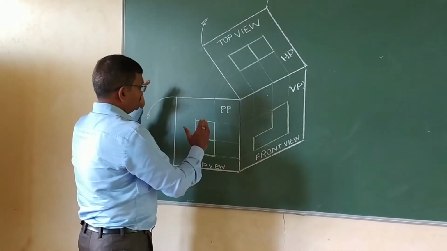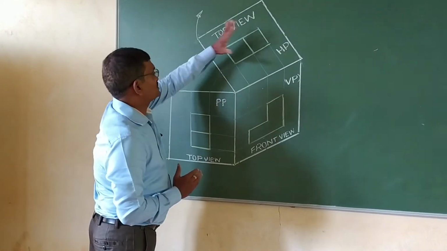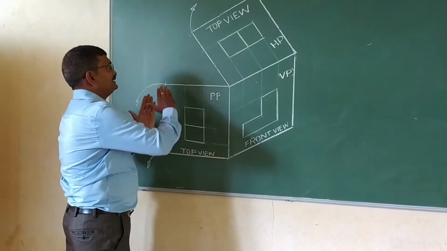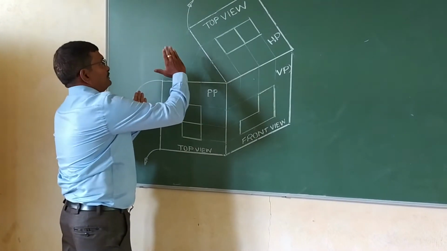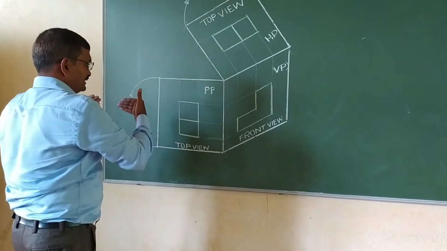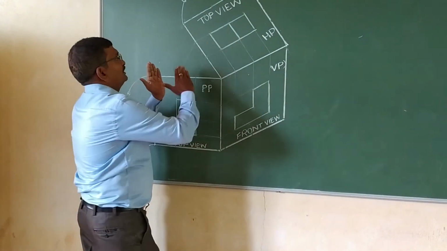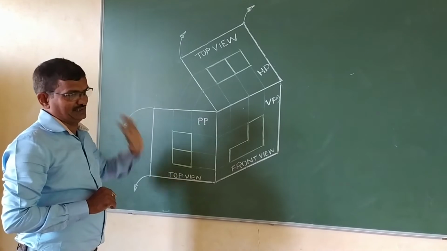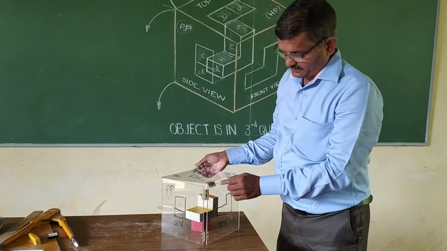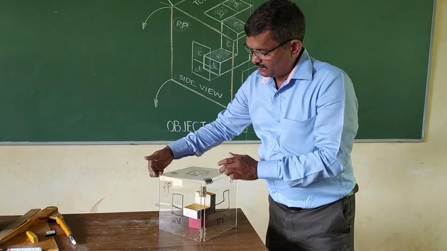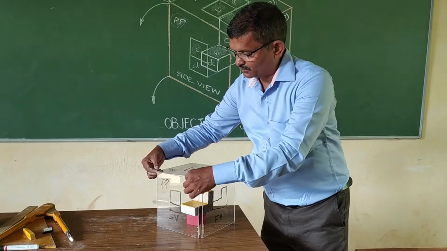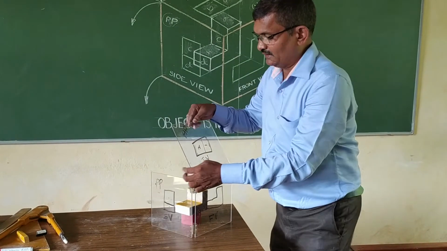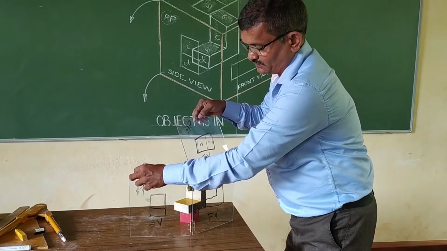Here, in between the PP and HP, it is cut by a scissor and it is rotated partially. PP is tilted in one direction and HP is tilted in the upward direction. Here it is slightly tilted. See, it is HP, it is PP. In between the PP and HP, we have to cut by a scissor and rotate partially in the upward direction, towards the left side. So it is rotated like this.